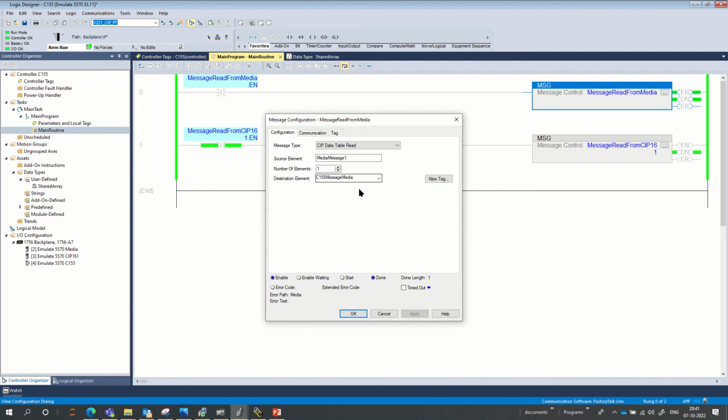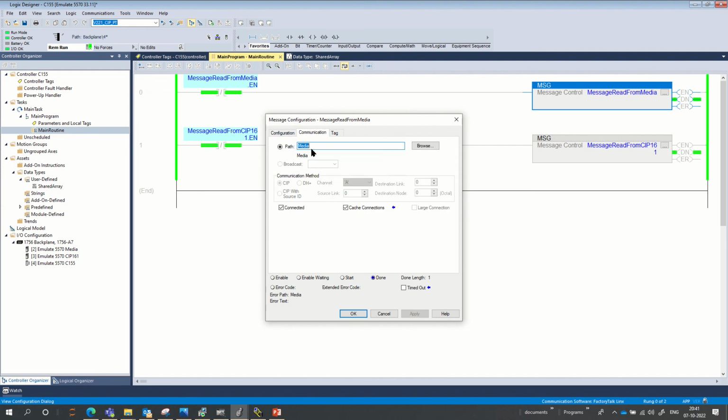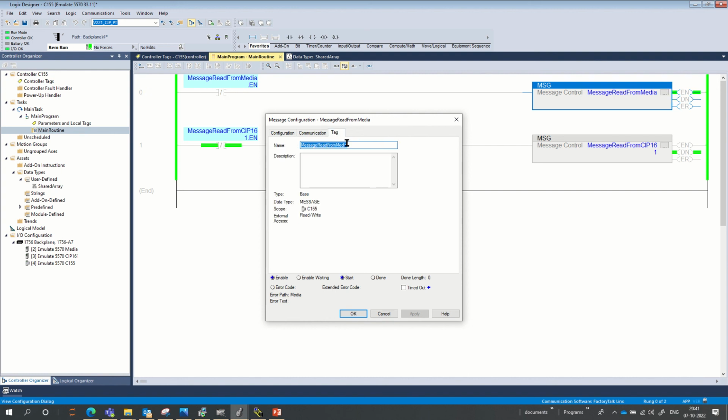In this tag we want to read data, and in the communication you need to select the communication media. Here I just selected the media controller. From the media controller it reads the data. In the tag data type, you select the message tag data type and message name, and here you see that the scope is the